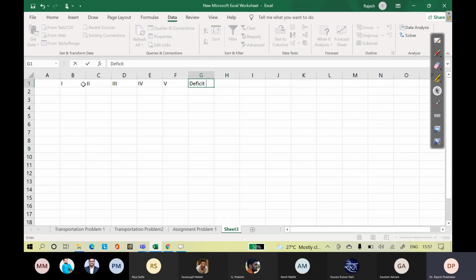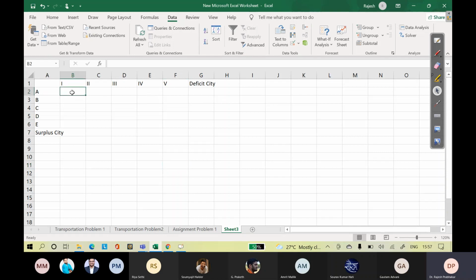And these are A, B, C, D, and E. These are your surplus cities. So you have surplus city and deficit city. Alphabets are surplus cities. Numbers, Romans, are deficit cities.